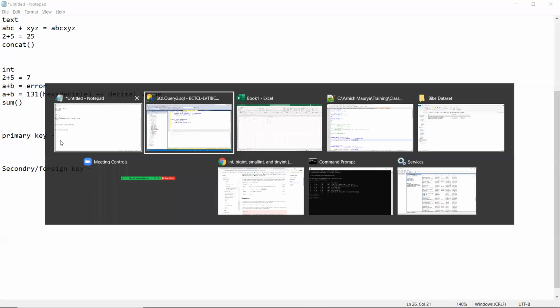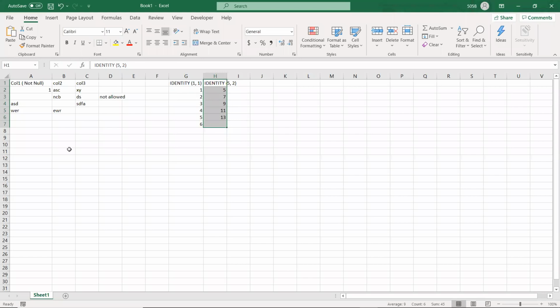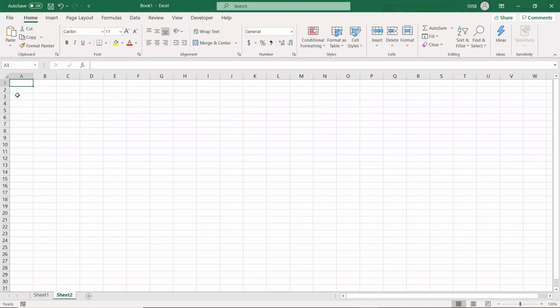What does this mean? Suppose I have a table, let's say employee data. We have employee ID, name, and age. Employee ID can be EMP1, EMP2, and so on up to some employee.